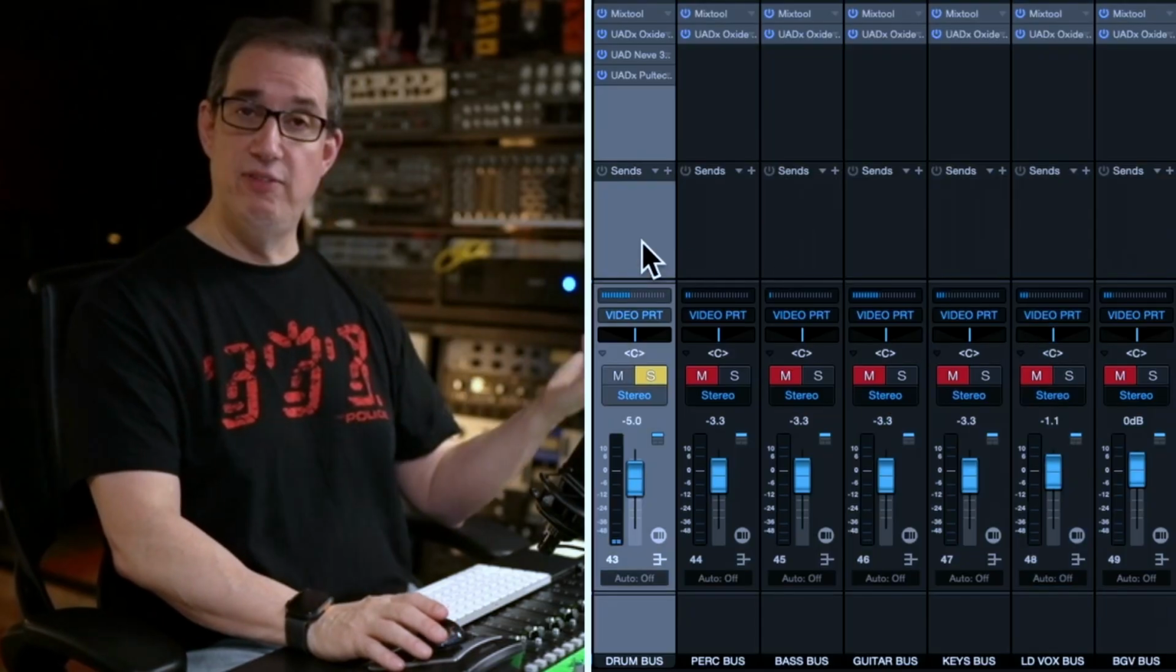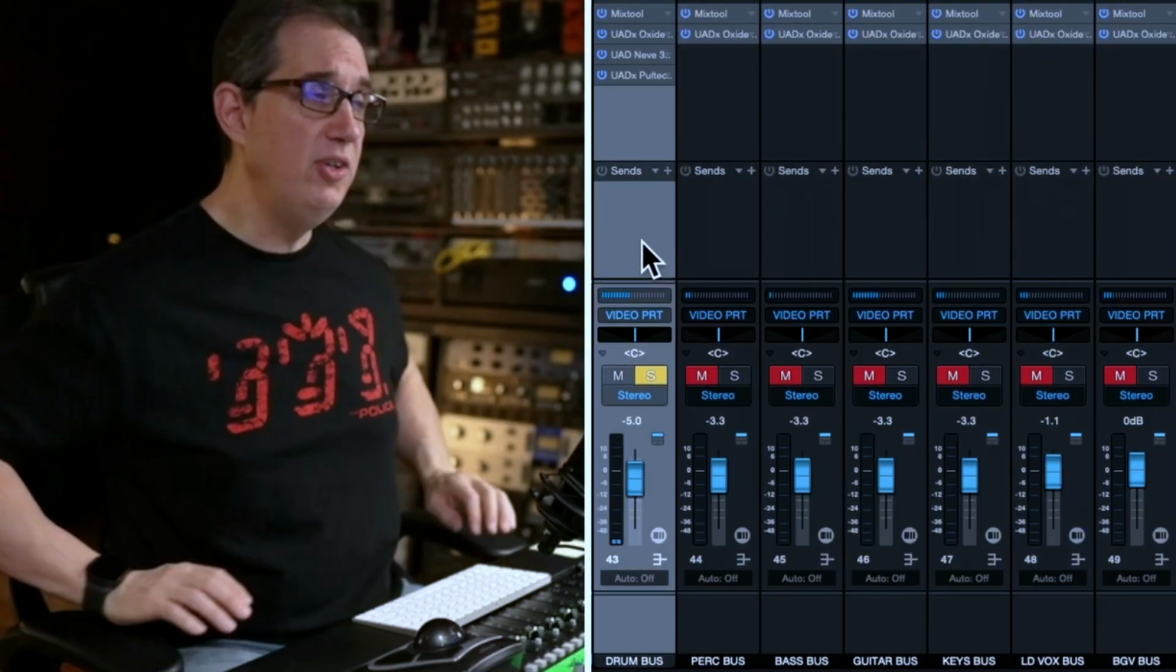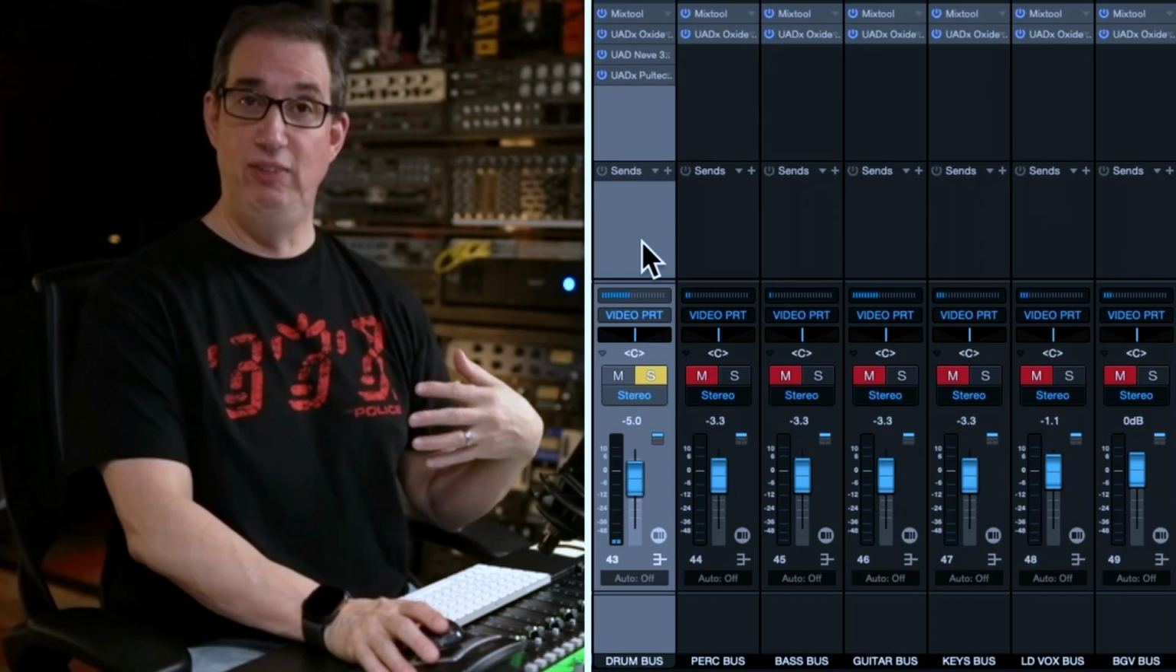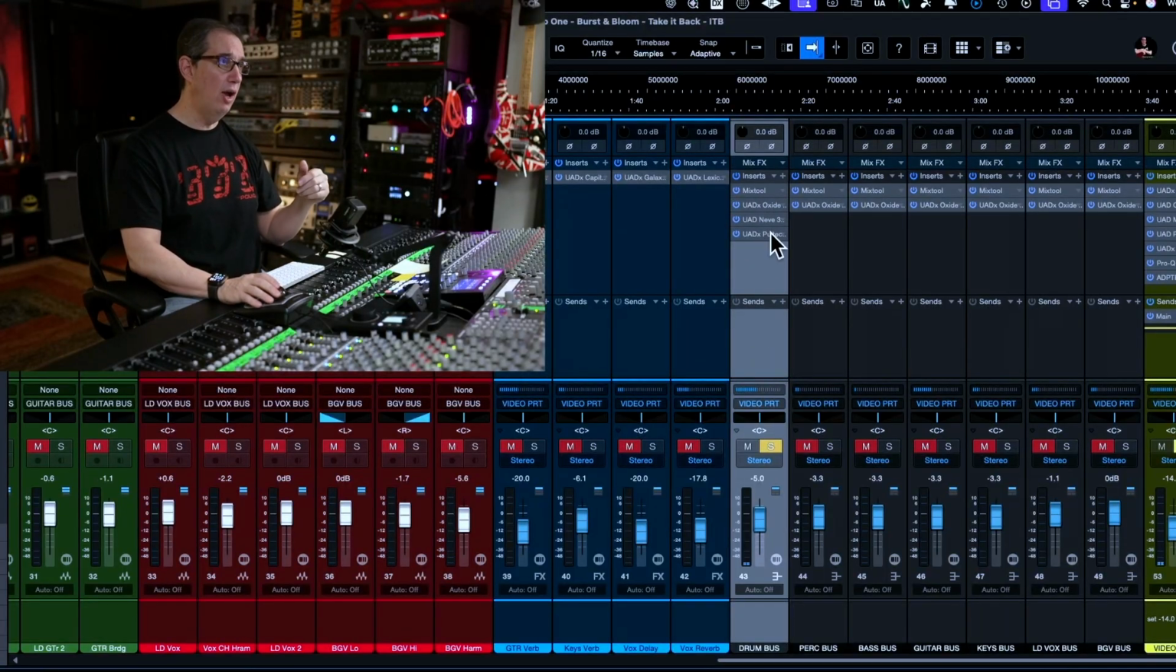The second advantage to having a busing system, again, we'll go back to our drums here, is you can do additional processing if needed on that bus. So for example, our drums, if you look at all our drums,